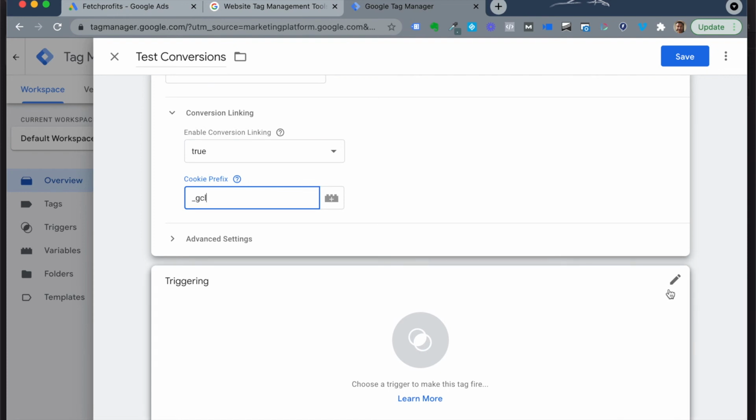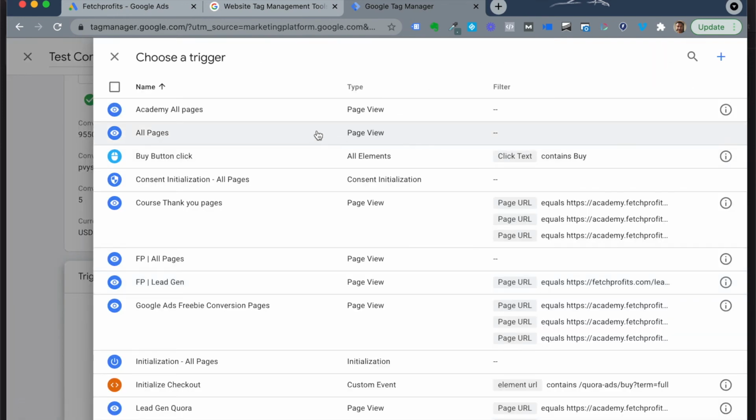Then proceed to triggering. Choose a trigger if you want to specify a particular URL path that your leads or customers will land on after they sign up as a lead or after they make a purchase. You can assign that as the final page that your leads or customers respectively will reach after the certain transaction happens.